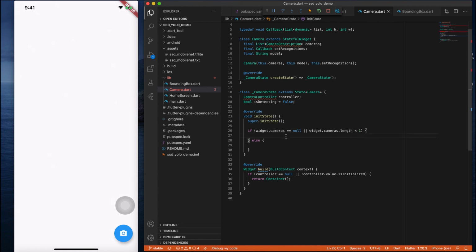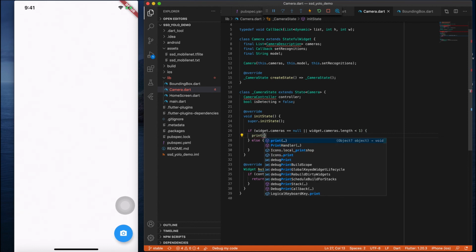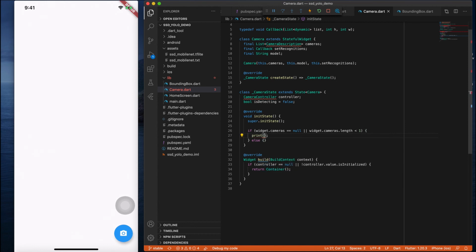Okay, go inside here. If everything is null, then what you need to print inside is no camera is found. Else